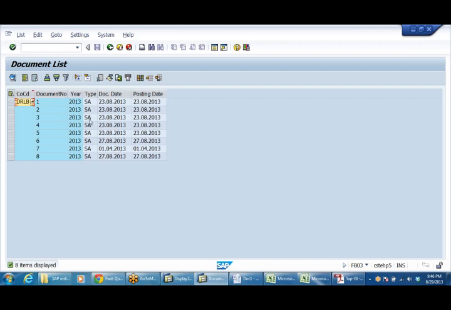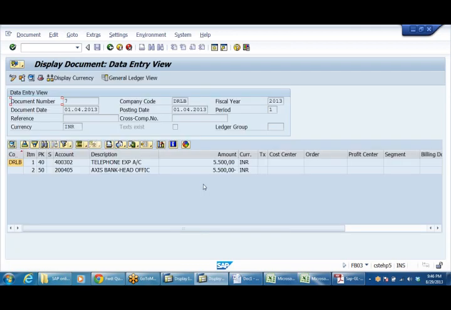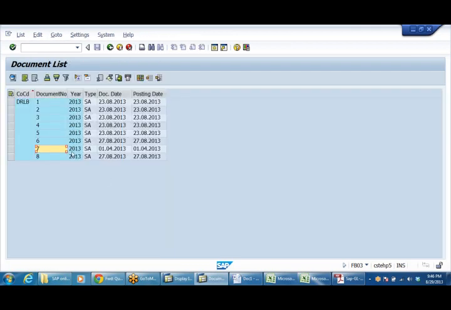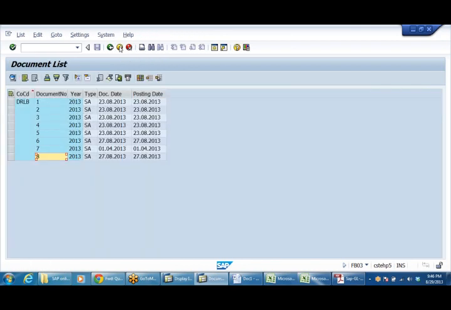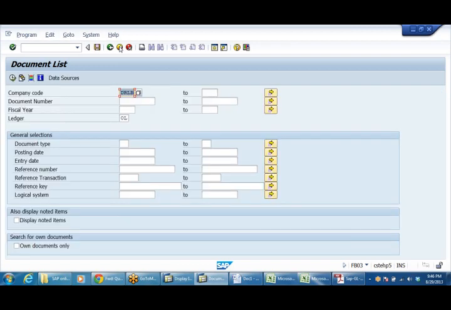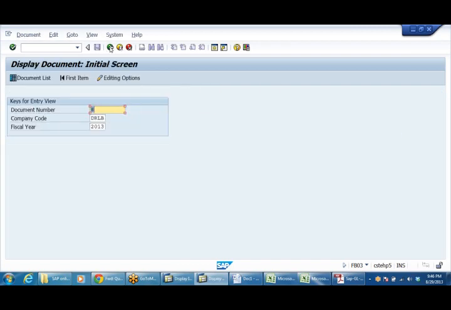Any document, whatever you want, you can just double click on the document and you can see the entry. Now, I want to make some change. In SAP, what changes can we make? Let us see.